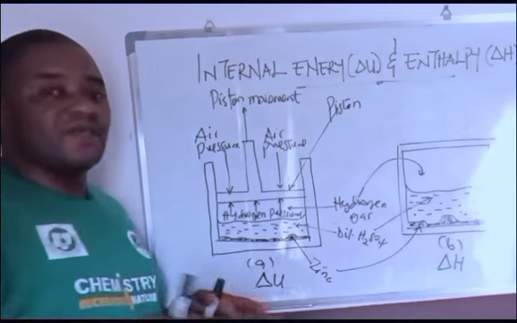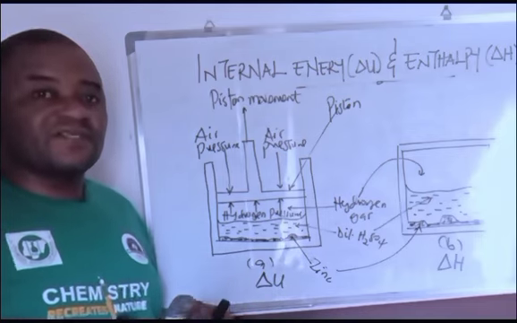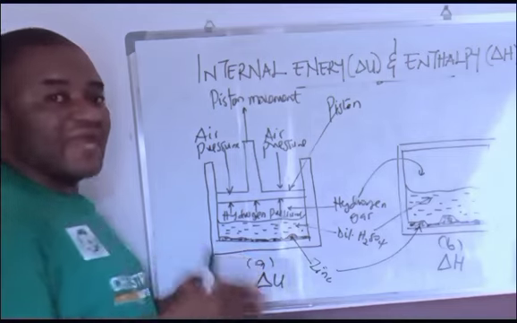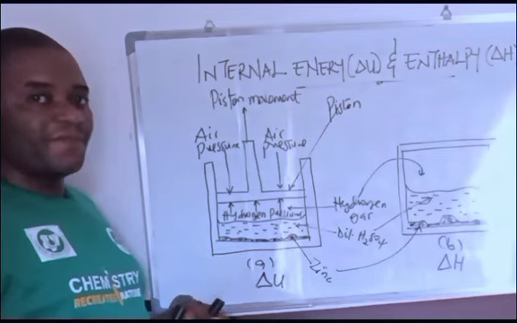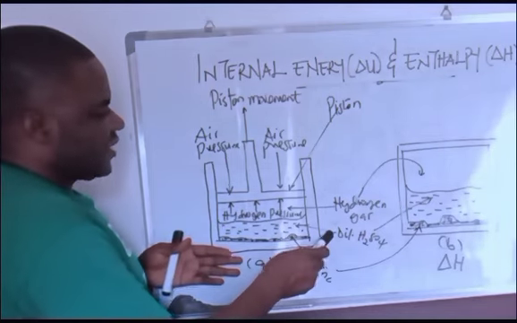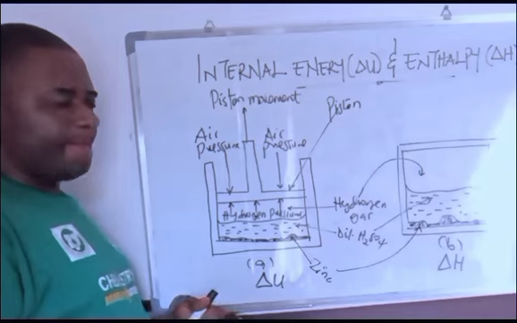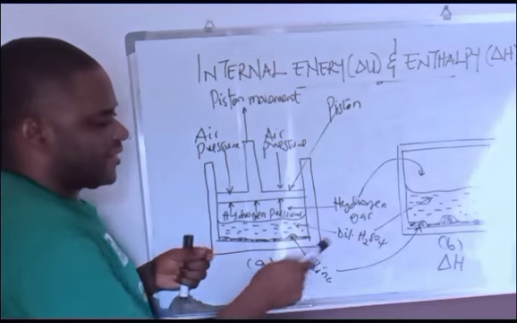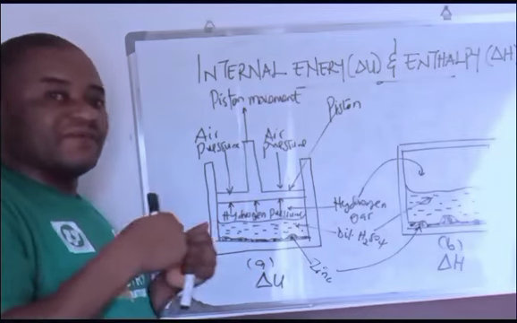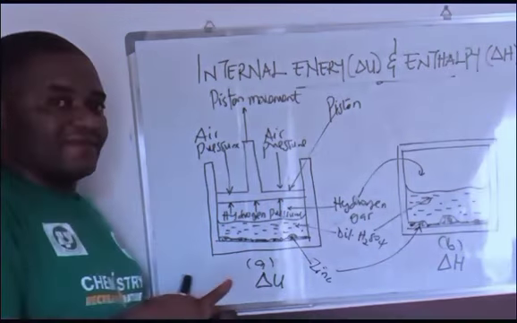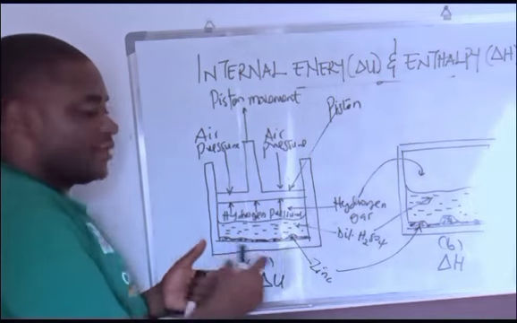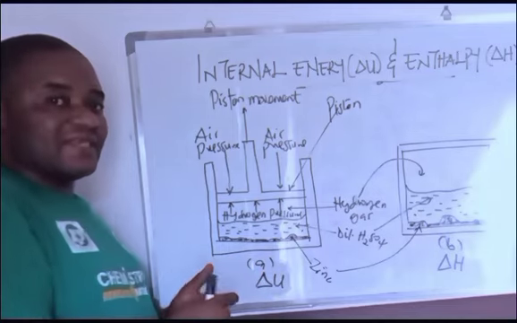Whether it is sulfuric acid or hydrochloric acid or even nitric acid, once a strong acid is allowed to react with a very reactive metal like zinc, you will definitely have hydrogen gas. Now, in a process where hydrogen gas was supposed to be produced, and you choose to mix zinc and hydrochloric acid, and there is a piston that is fixed to a particular cylinder, you will notice that once the hydrochloric acid is turned into that cylinder that contains zinc, hydrogen gas